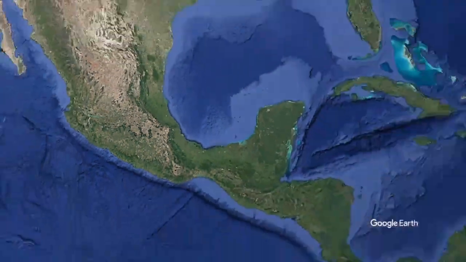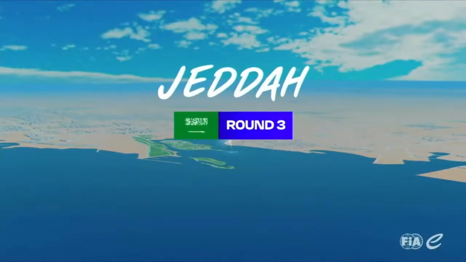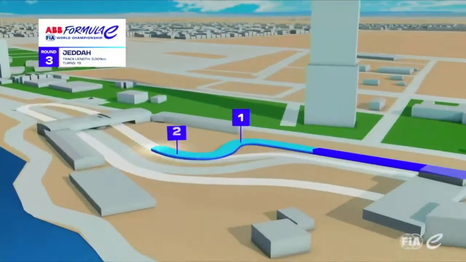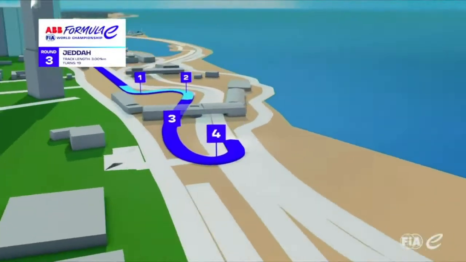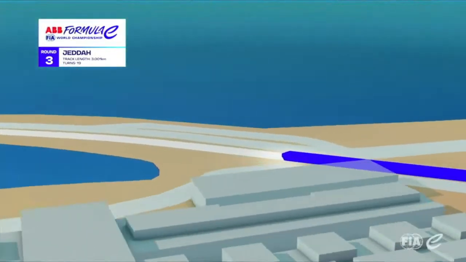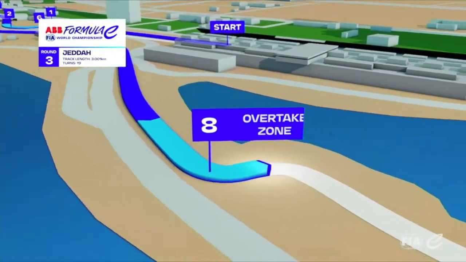Formula E moves away from Mexico City and over to Saudi Arabia. Welcome to the Jeddah Corniche circuit for round 3 of the season. Using the Formula 1 layout, turn 1 and 2 is a natural overtaking opportunity, but then in turn 3 we zoop back round on a hairpin for 4 and then back down to 5, 6, 7 sweeping before we get to our first chicane at turn 8, an inside opportunity to flick the car in and really get some power